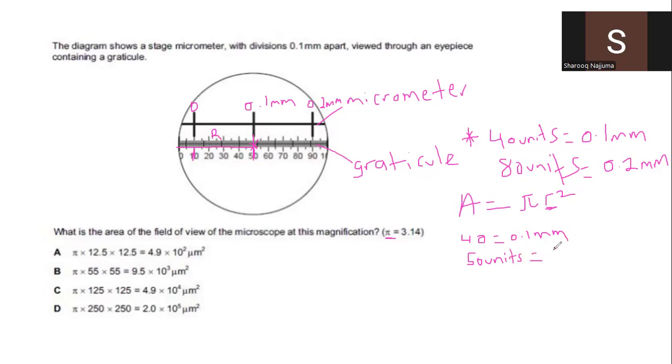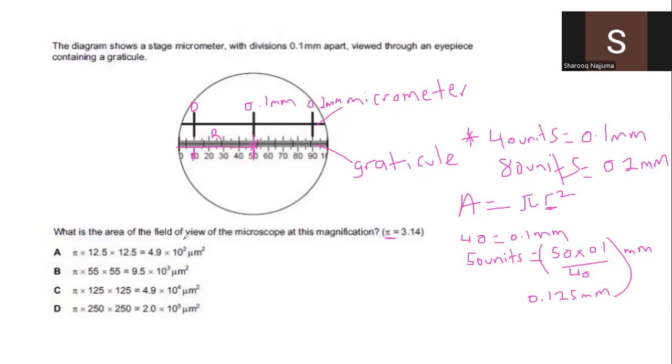So it's going to be 50 times 0.1 divided by 40. But these are millimeters. So 50 times 0.1 divided by 40, we get 0.125